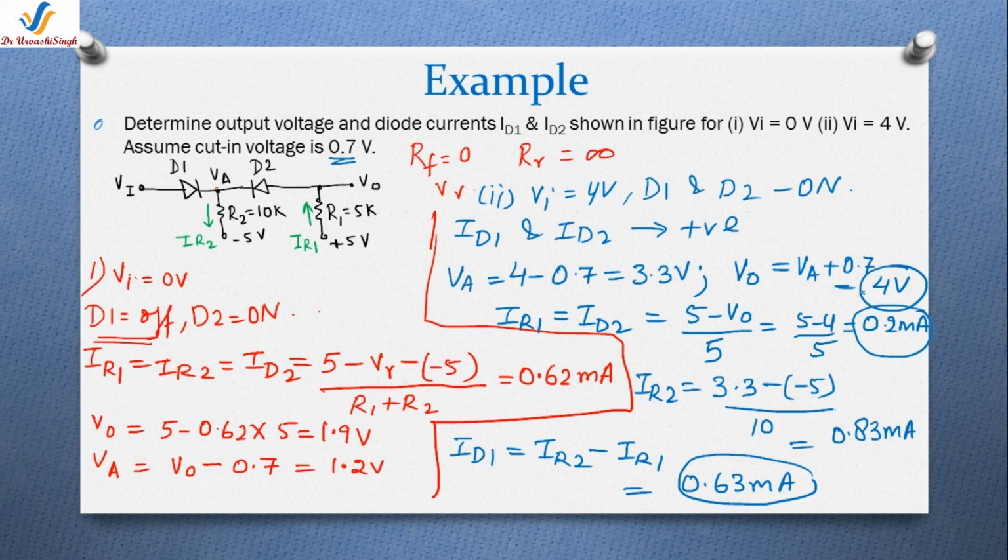In this way, you will use the DC model. That is, if reverse bias resistance is not given, then you will treat it as an open switch in the reverse biasing mode, as we have used in the first case. And if it is forward bias, then we will replace that diode with the cut-in voltage, as we had seen in both cases, if the forward bias resistance is 0. So by using this technique that I have explained in this example, you can solve any problem regarding the DC modeling of the diode.